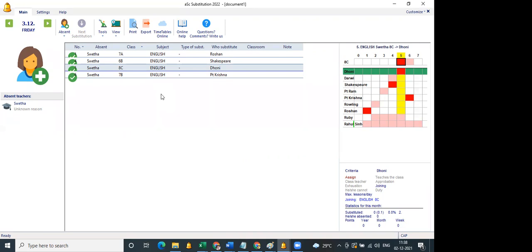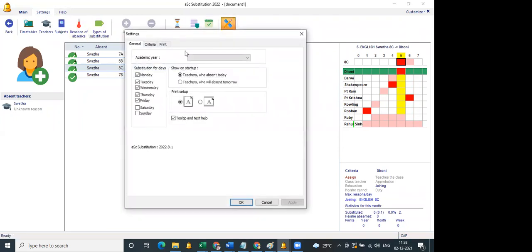So this is one way of doing allocation. Other ways, we can assign a setting to this particular substitution, so that a teacher who teaches this class will be given more preference, or the class teacher will be given more preference. That we can do here in the settings. Under settings we have options, criteria.